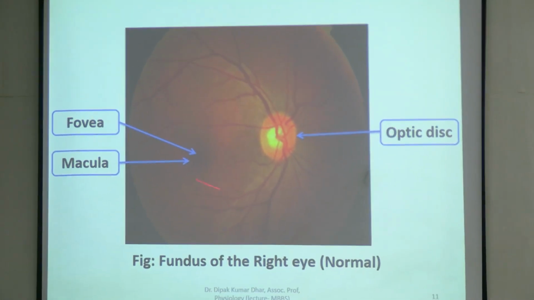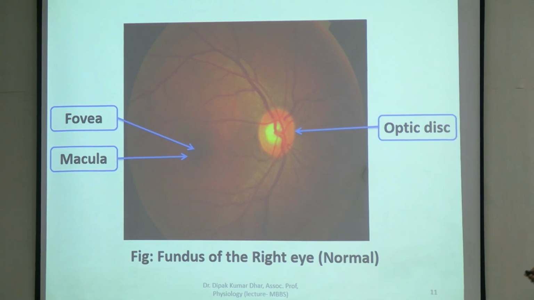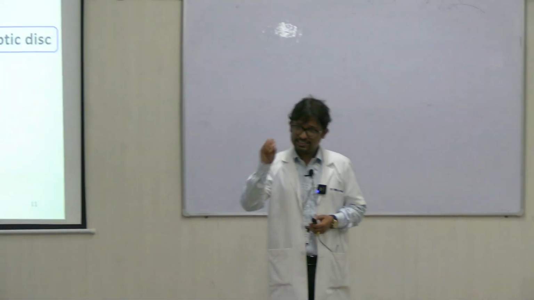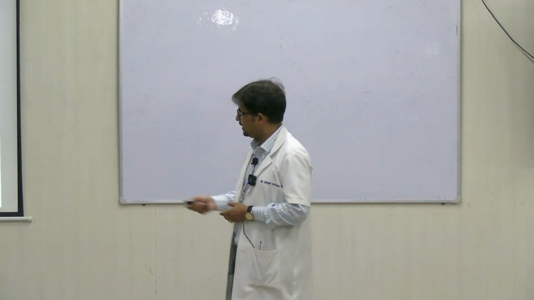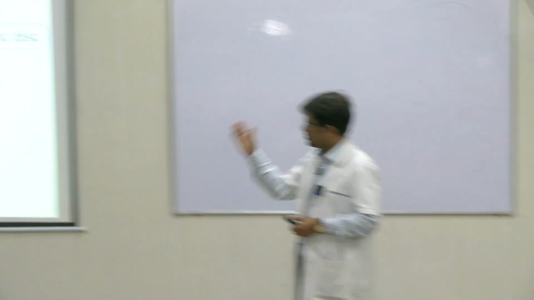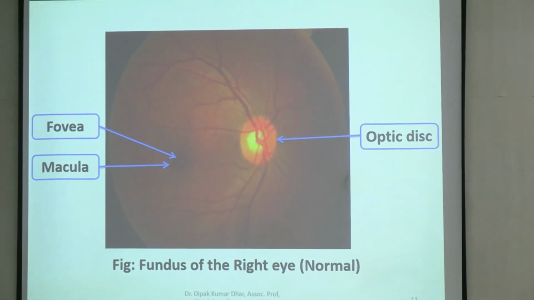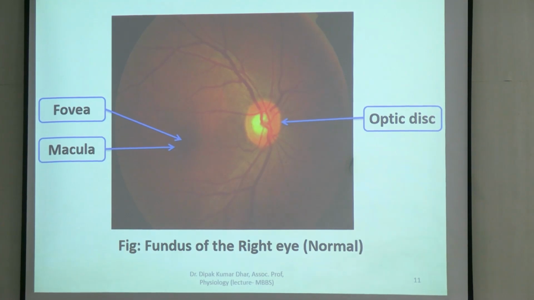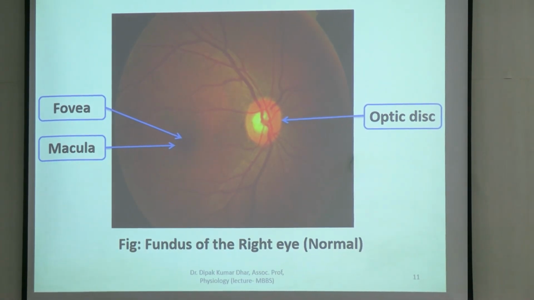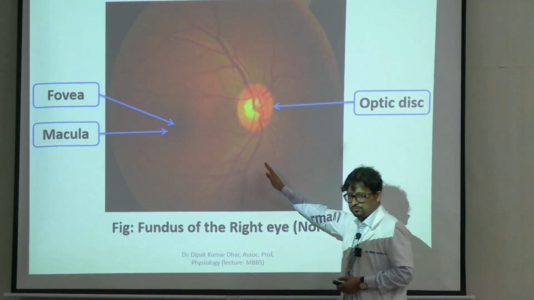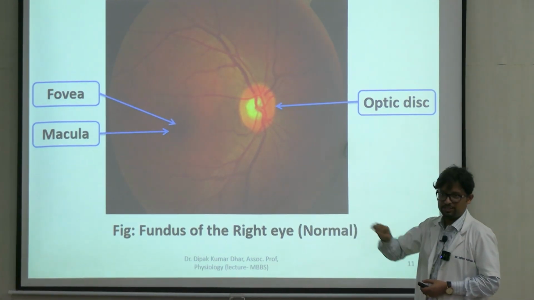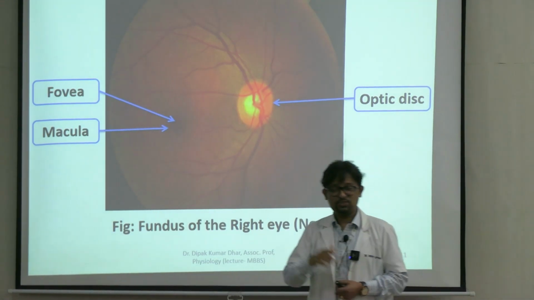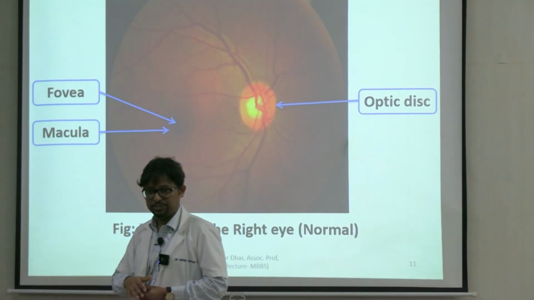So this part is the area from where the optic nerve leaves the eye. This is the optic disc. In the middle of the optic disc there is one smaller area, called the optic cup, and this is on the medial aspect. If you think of the posterior pole, the center of the retina, the optic disc will always be a little medial to it. So the optic disc is medial to the central point or posterior pole of the retina. That's why the blind spot is on the lateral aspect of the field of vision.